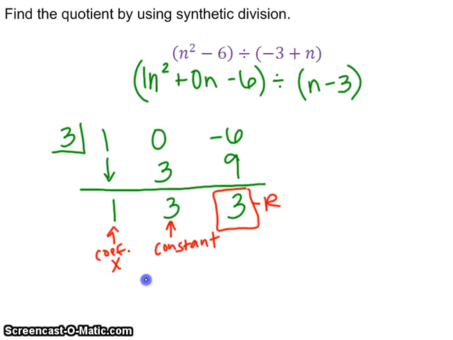So that means our final answer is x, or 1x if we want to, plus 3, and then our remainder we're going to have plus, since it's positive, 3 over what we were trying to originally divide by, the n minus 3. Whoops, and I put an x in here, that should actually be an n, which is a common mistake that I talk to you guys about all the time. We'll just change that real quick. That's the coefficient to n. We're so used to using x, so a lot of times this happens. So there we go, 1n plus 3 over